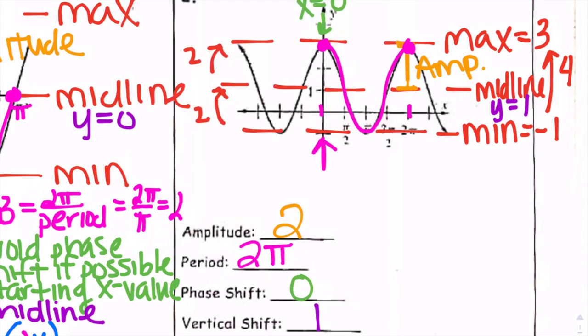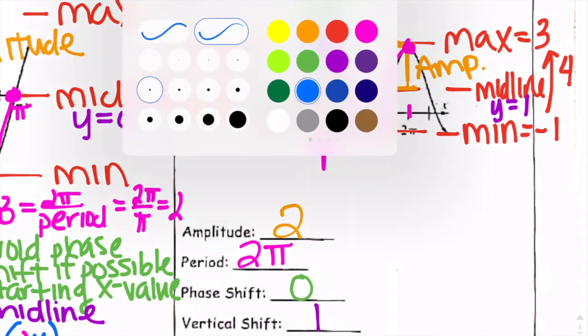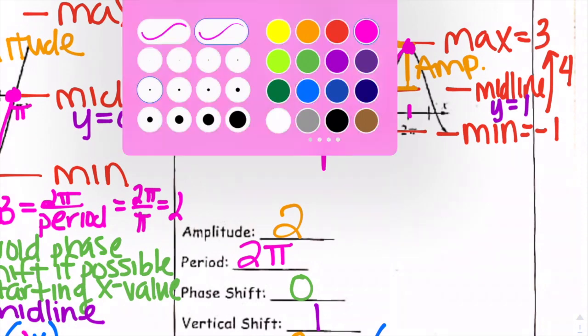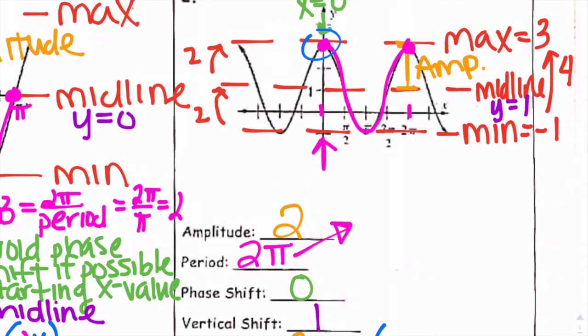And now we write our function, so we have y equals, we had a maximum up here, and so it's going to be a positive a value, and our amplitude is 2. So that's going to be a positive 2. This is a cosine graph because it starts on the maximum, or if you turn your graph sideways, it kind of looks like a C, so it's a cosine graph. We need to find our b value, and so our b value is 2 pi divided by